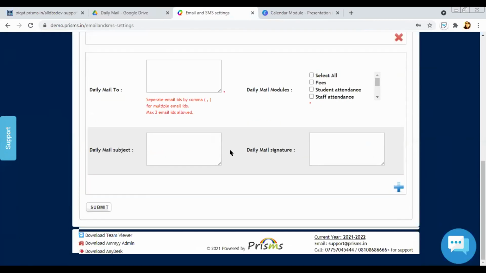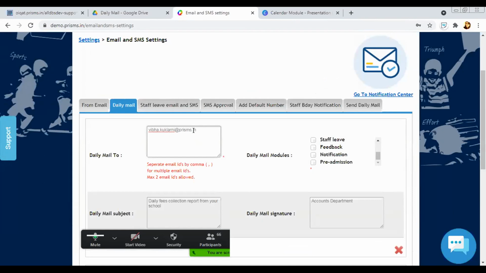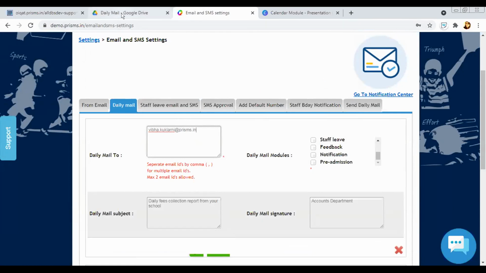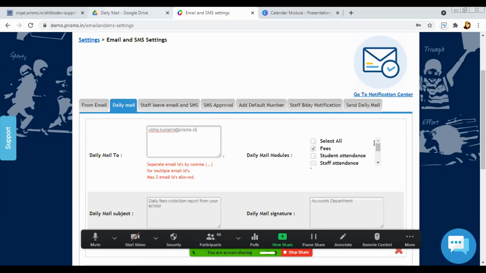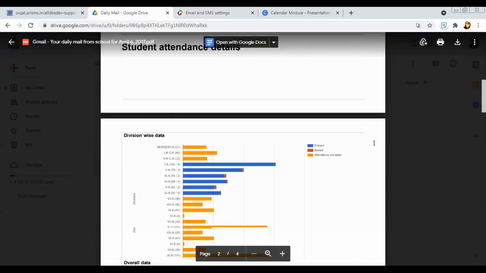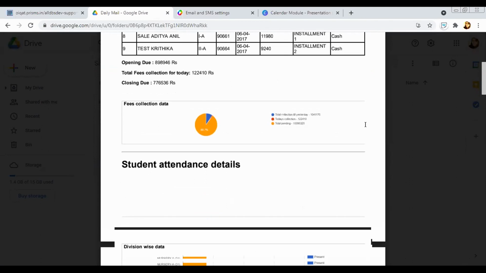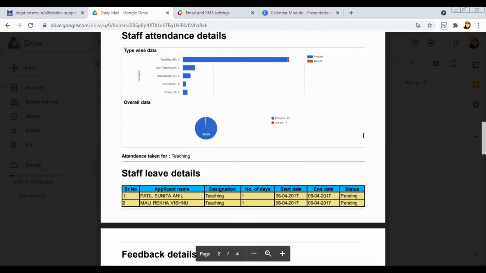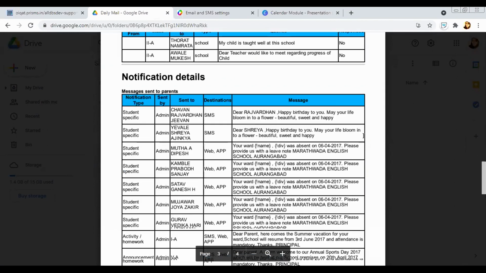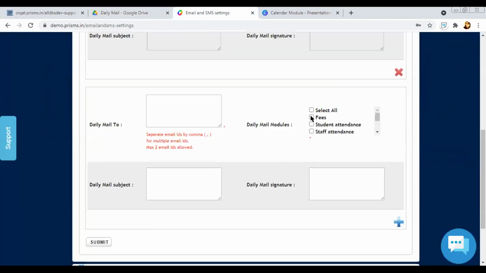So in that way, you can add different email IDs whom you want the auto-generated daily mail to go to. As a principal or director, if your email is not registered, you won't get the daily email. Normally in the evening around 8, you receive an email from the system giving you a brief of what has been done in the school today. So if you're not getting it, kindly get your emails registered. You can have multiple emails. Just enter your email ID, select all and submit it. Automatically every evening you will get an email from the system.